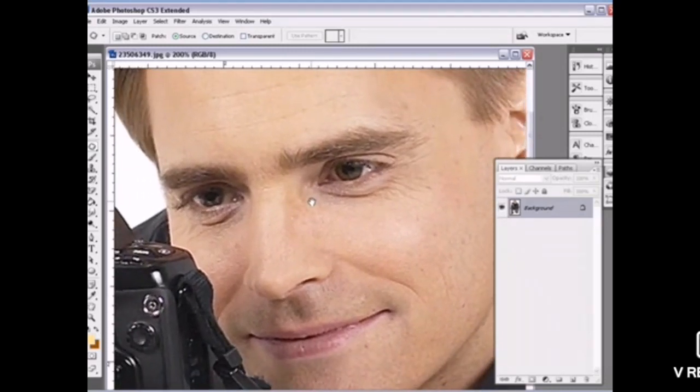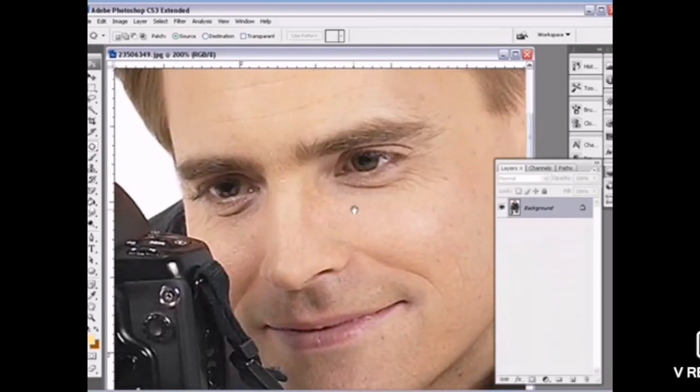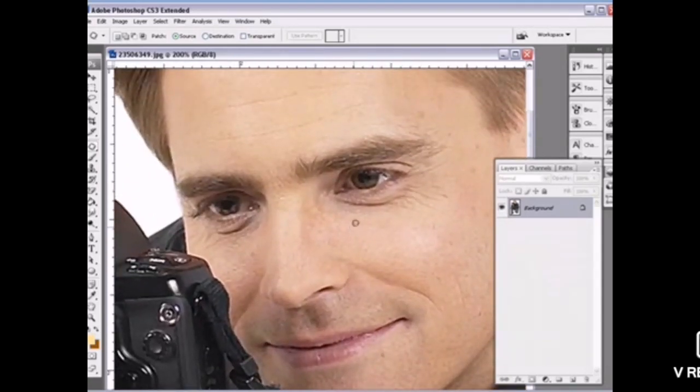Now see here students, I have so many wrinkles around my eyes, then so many spots are there in this image. So I just don't want these things. I just want to remove them so that the person in the picture will look much more younger, or we can say 10 years younger than the picture.